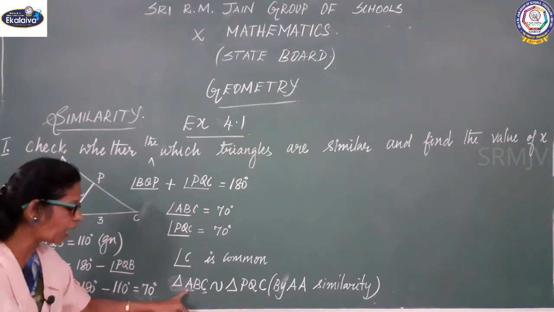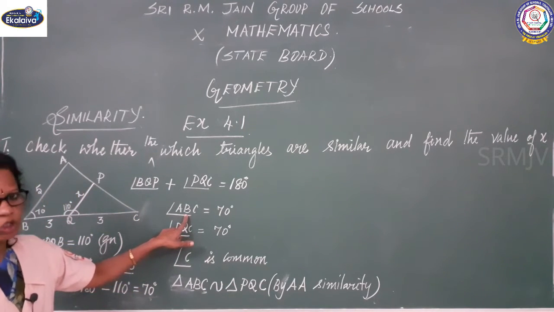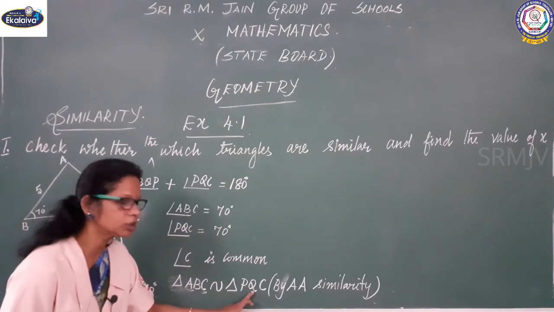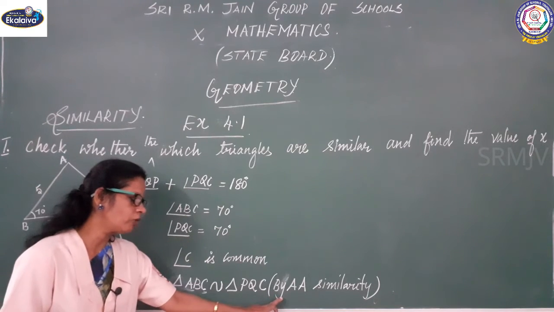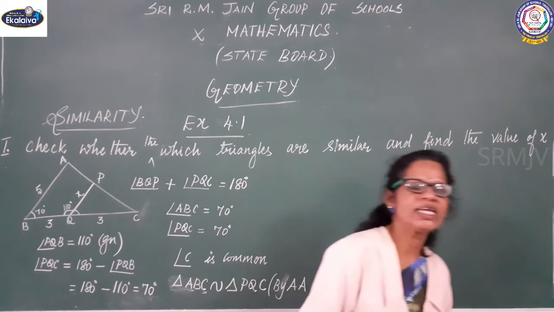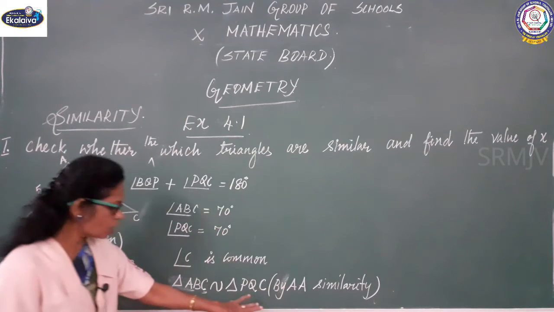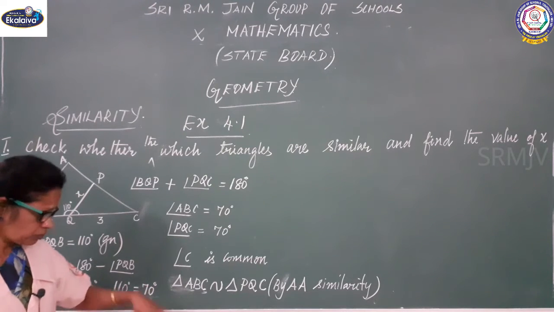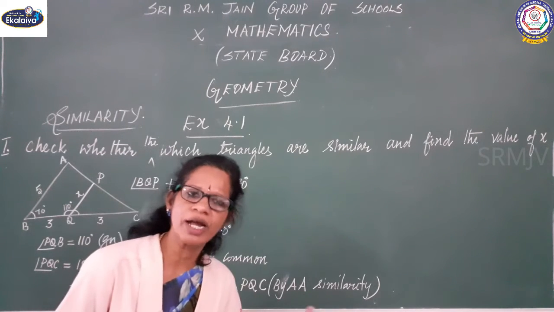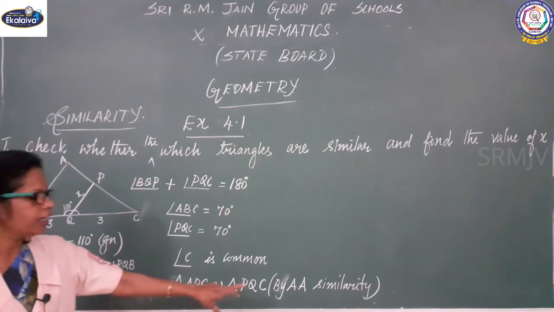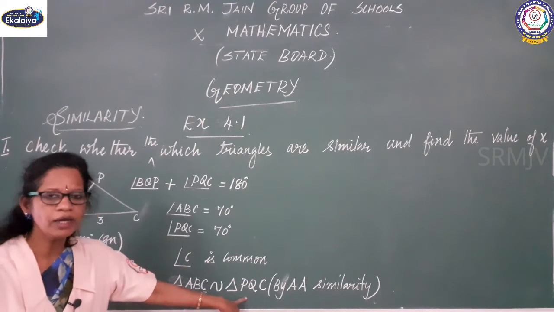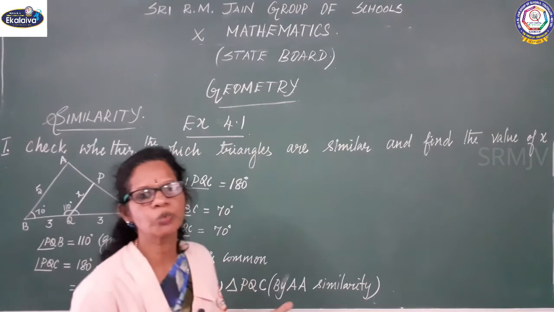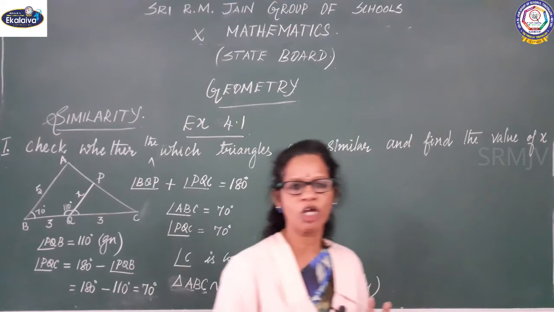Now angle ABC, it should be in the middle, that is 70 degrees. Here also angle PQC, Q is also located in the middle. That's why we use the criteria AA similarity. AA similarity means angle, angle, angle. Three times you can say, or you can restrict up to 2, that is enough. By AA similarity the triangles are similar. If the triangles are similar, you can conclude the corresponding sides are proportional and equal.